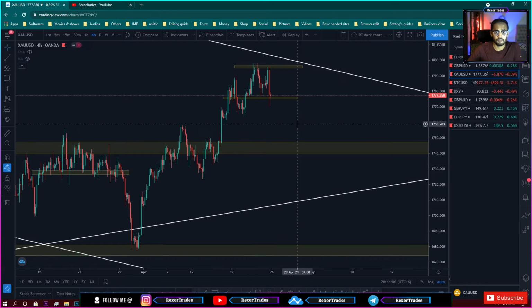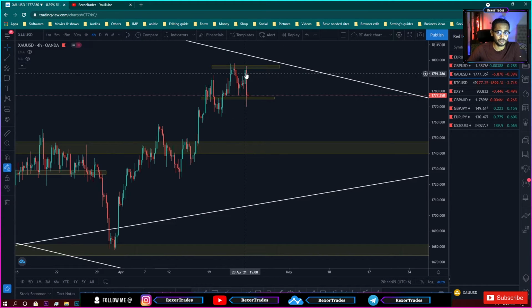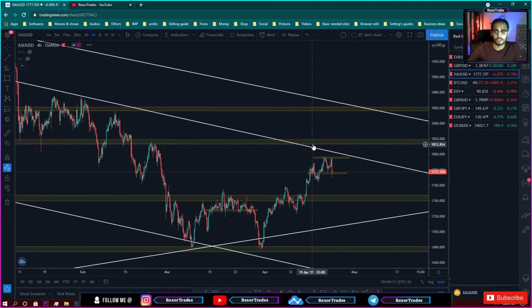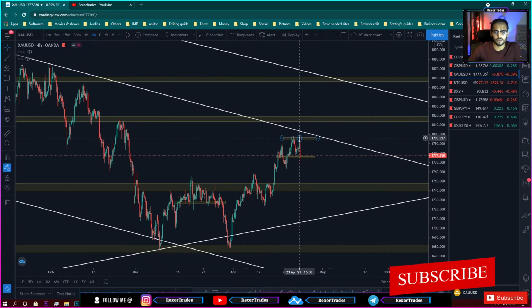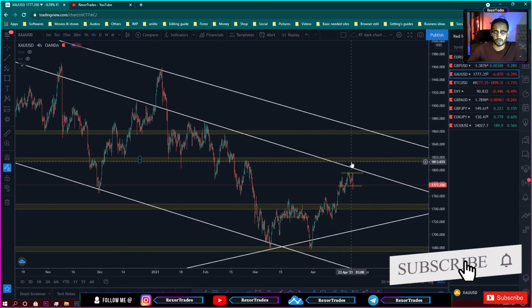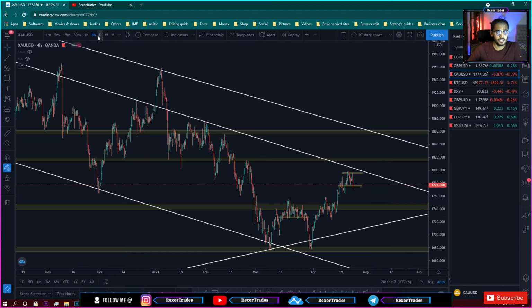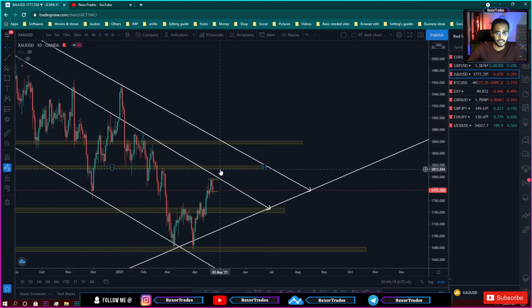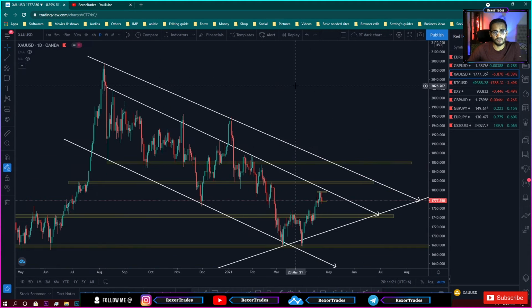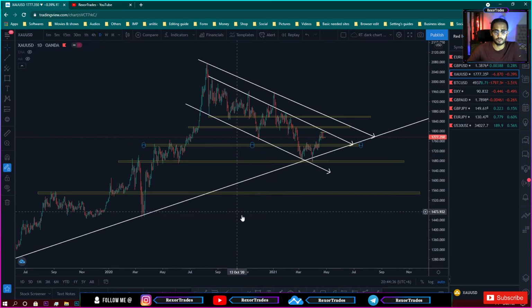So you see we marked a support zone right over here, and the resistance zone over here. So we're expecting gold to retest this zone over here or retest this zone over here. If gold retests this zone, then it would make a retest point on this trend line, and if gold retests this zone, then it might make a retest point on this trend line. And after retesting this zone, gold may go down to retest another zone over here,